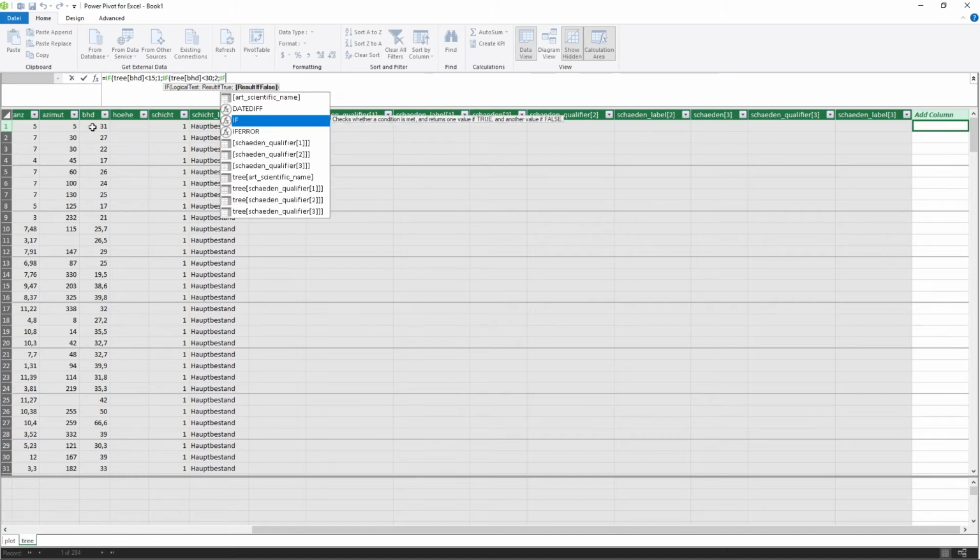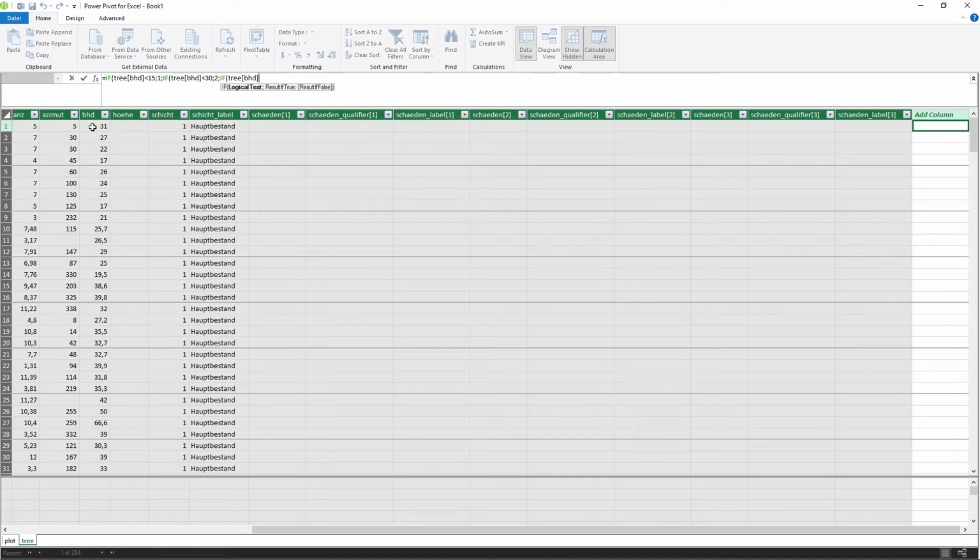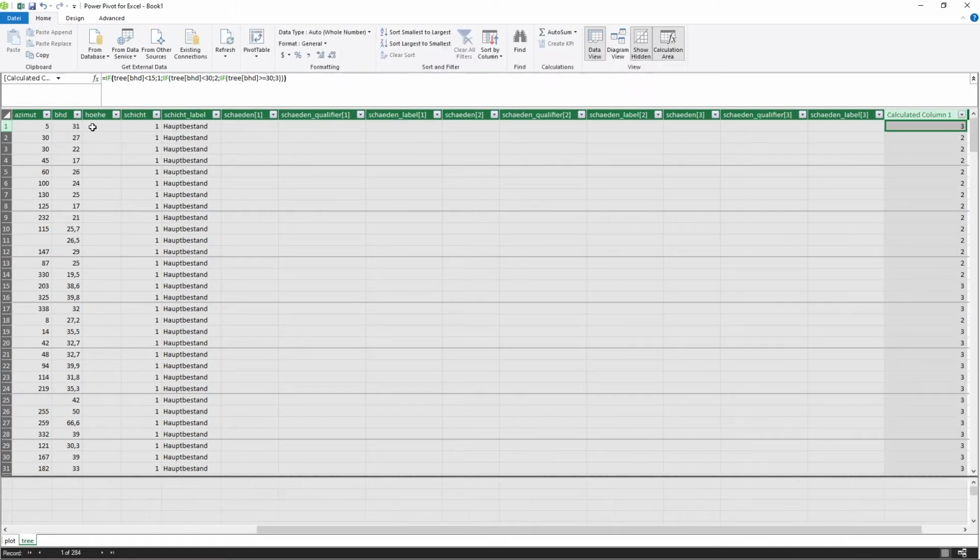And if the DBH was larger or equal than 30 centimeters, then we used the largest plot size. And this is what we then also need to consider for expansion. So I have just executed this formula, and now we have a result here, which is just the plot area, or an indicator for the plot area that should be considered for upscaling.